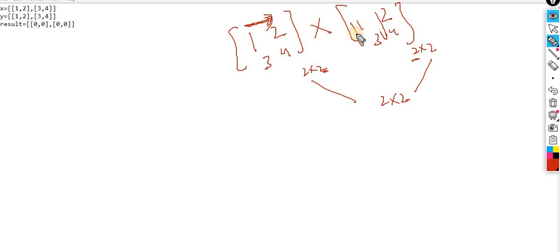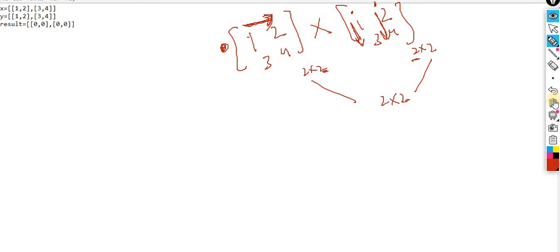Okay, these are the columns. Sorry, this is a row, this one is a row, this one is a column. Column 0 and column 1, the row 0. Row 0, the entire columns. Here first what you have to do, pick out this and this, this one and this one. So this is the way to do the multiplication.